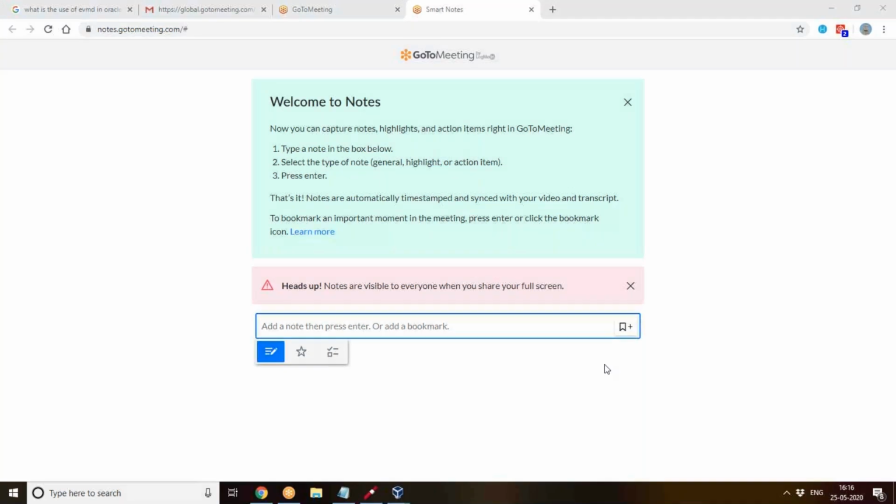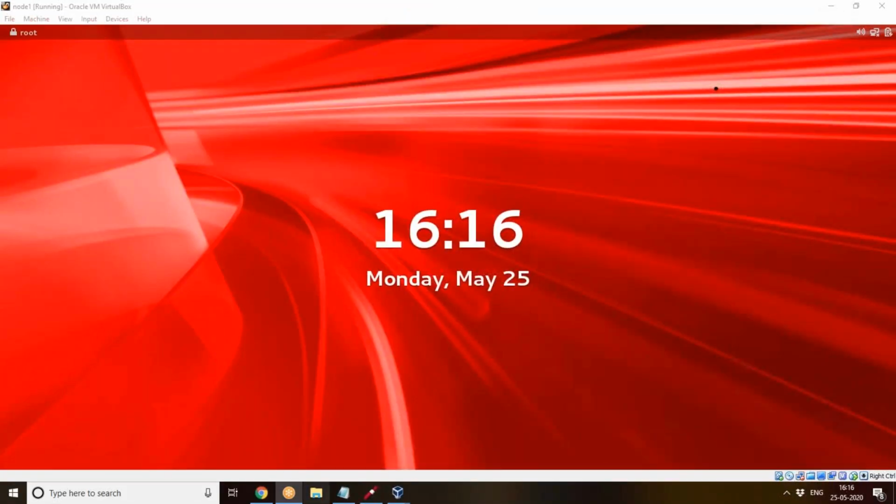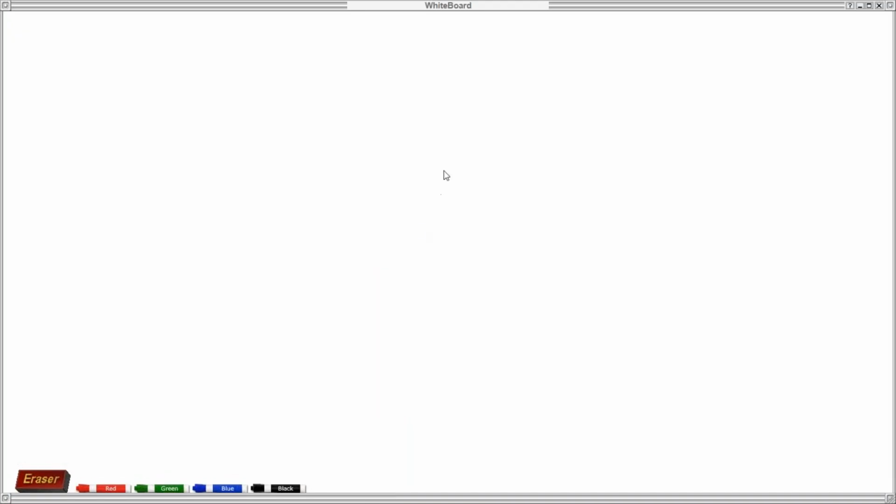I'll share my screen. Okay. So now we'll see how, yesterday, we saw the rack startup sequence, isn't it? So we'll see what are all the events available inside the rack sequence.